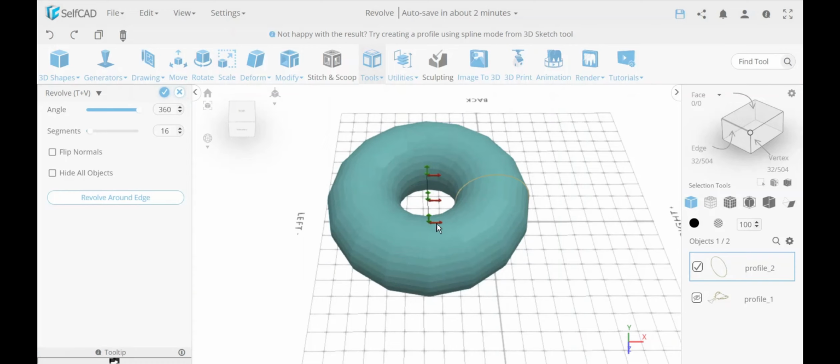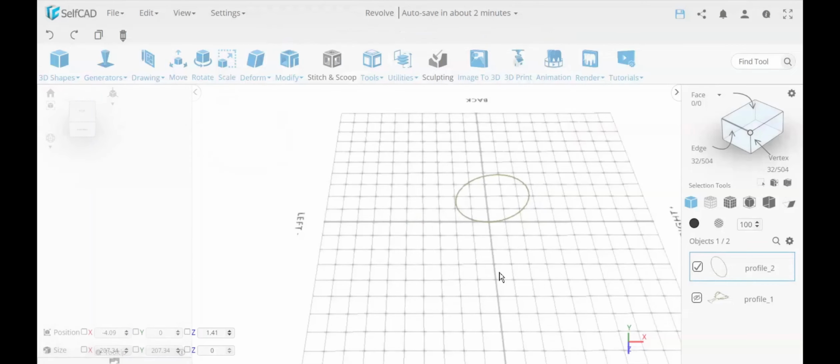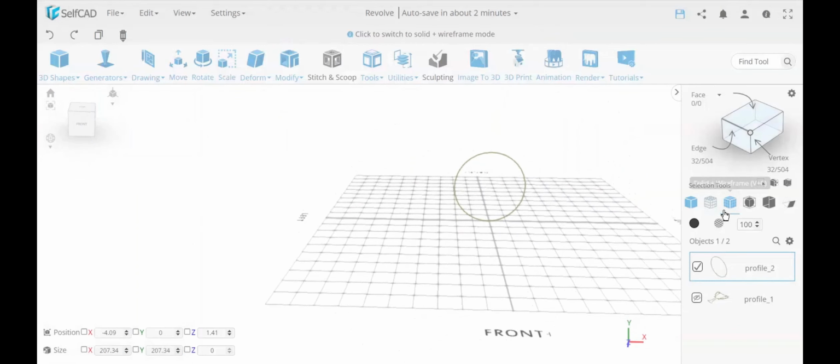However, there's another way to revolve around half a shape. That's the default way to revolve when you want to create closed profiles. And in that case, you will have to give it an axis to rotate around. So to show how it works, what I'm going to do here is